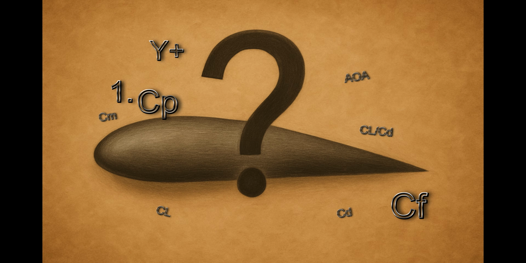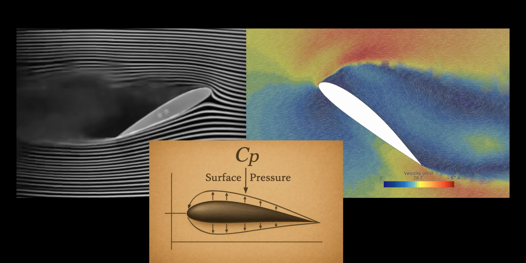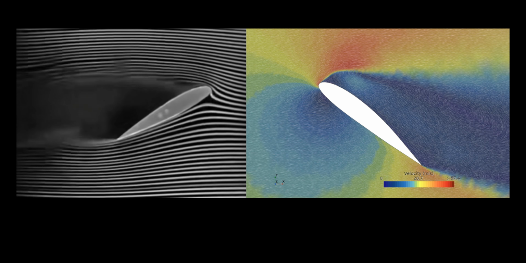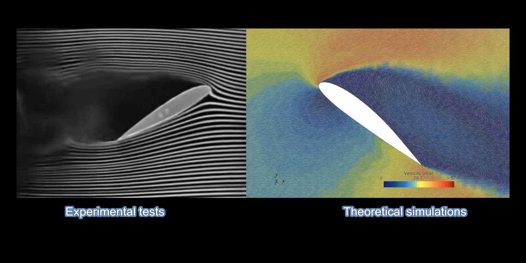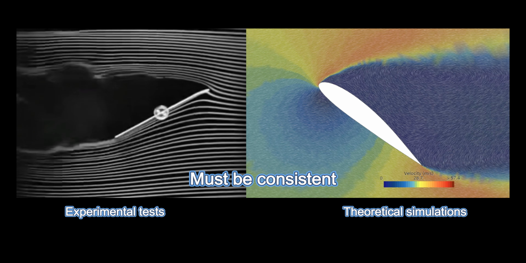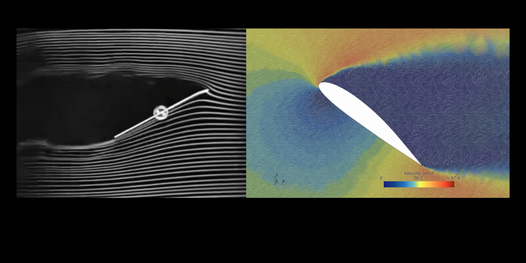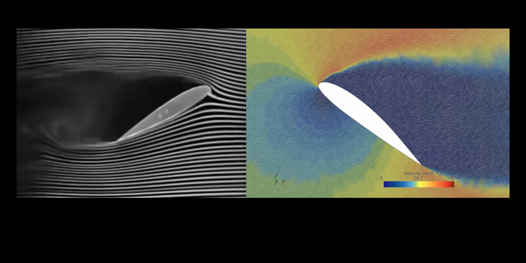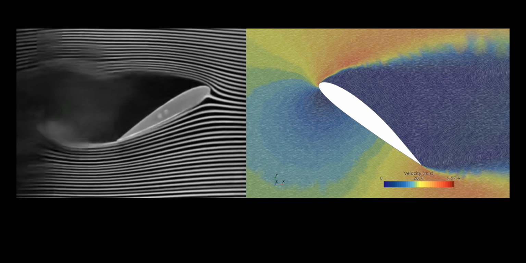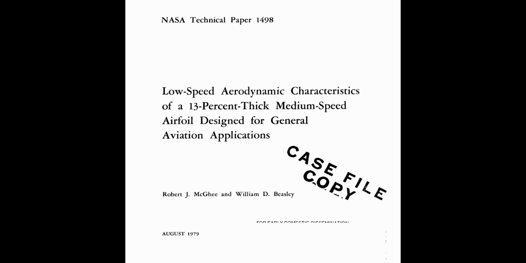Before showing the results, I'd like to first share how I validated the reliability of my calculations. First, the CP comparison. Before comparing the aerodynamic performance data, I compared my simulation results with available wind tunnel data for the CP distribution. Unfortunately, I was only able to find CP data for the LS0413 airfoil. But since all three airfoils were simulated under the same conditions, I assume the validation results are comparable among them. The data I used comes from NASA Technical Paper